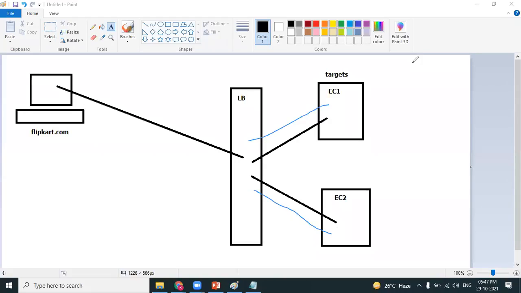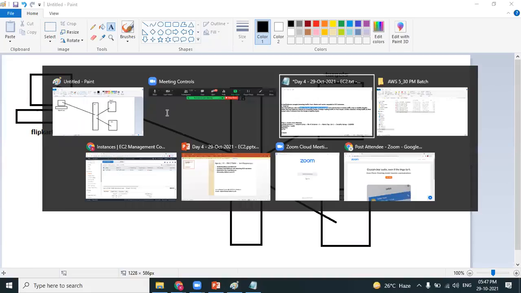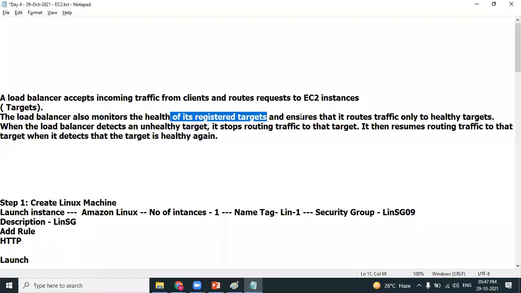The first responsibility is very obvious: distributing the traffic. The second responsibility is that the load balancer should also monitor the health of the target and ensure that it routes the traffic only to the healthy targets. It should monitor whether the EC2 machines are healthy or not.